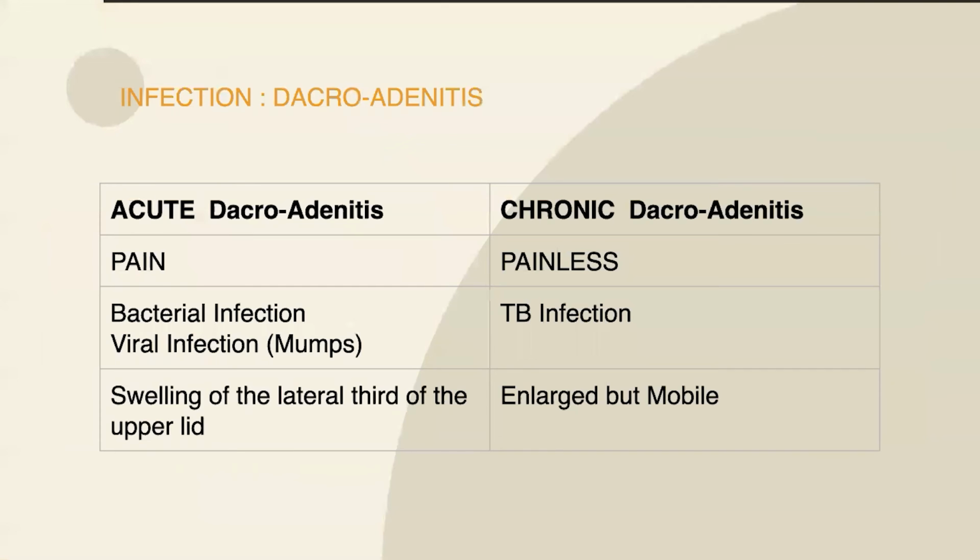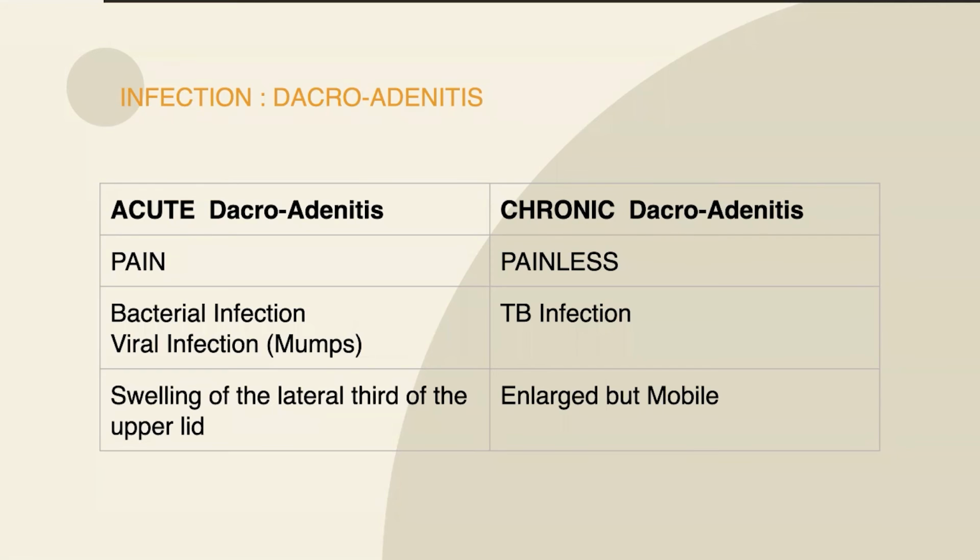For the first problem, dacryoadenitis. When we hear the word itis, it means there is inflammation. In this discussion, we will differentiate the two types of dacryoadenitis, which are acute and chronic. Acute dacryoadenitis is caused by infections like viral and bacterial infections. In viral infections, mumps is the most important cause. Chronic dacryoadenitis is caused by TB infection and syphilis, which remain for a long period of time